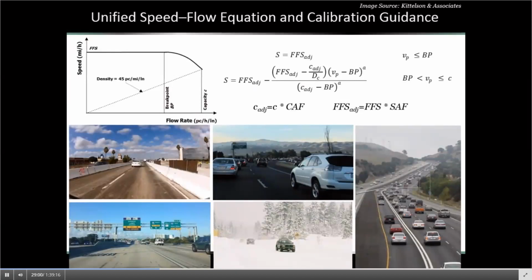the capacity and speed. One of the things that this speed flow model equation gives us is adjustment for capacity and free flow speed independently. Basically, the impact of all these conditions can be translated into capacity and free flow speed adjustment factors, and these are already included in the equation, so including these impacts, this speed flow model can predict the speed of the freeway based on the flow rate. And as Bastian mentioned, these are all aligned with the emphasis on calibration through the